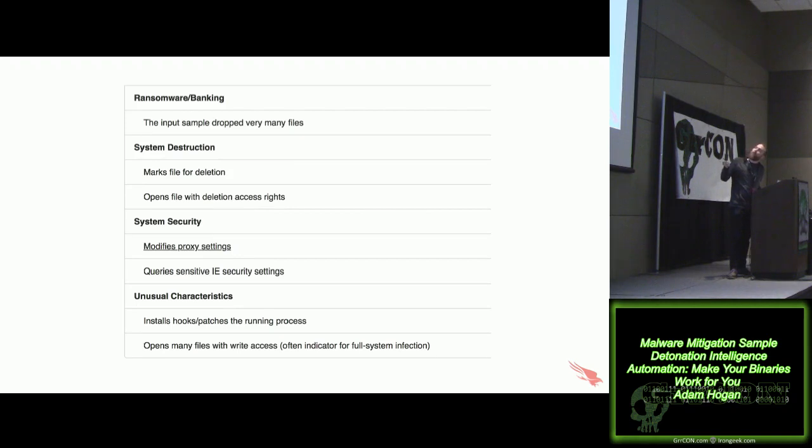And then if we dig in, for the most part, again, we'll get more indicators that it was ransomware because it's dropping a large number of files. It opens a large number of files with deletion rights because, of course, it opens a file, it writes an encrypted copy, then deletes the original. Which is enough nuance to sort of key into, like, okay, we see it being opened for deletion there. Or it opens many files for write access. Again, so it's enumerating all the files in the system and goes through and encrypts them. And being able to watch that happen is, of course, enough to come back and say it's ransomware. Whereas a couple minutes ago, all we had was machine learning says it's bad.